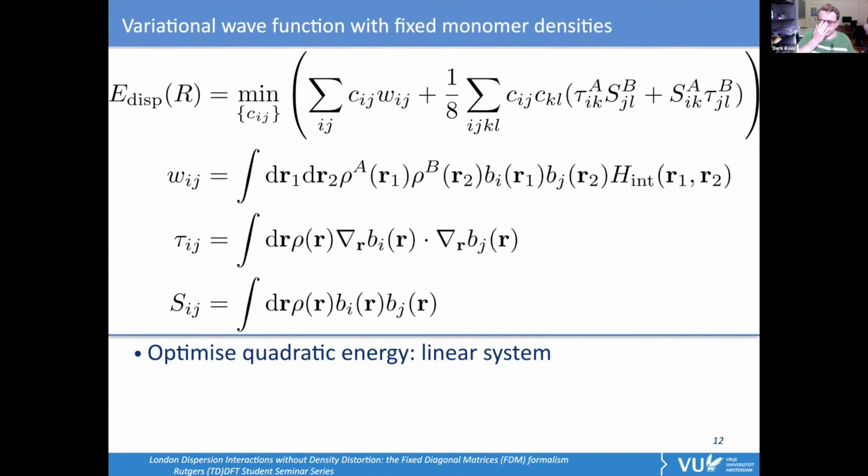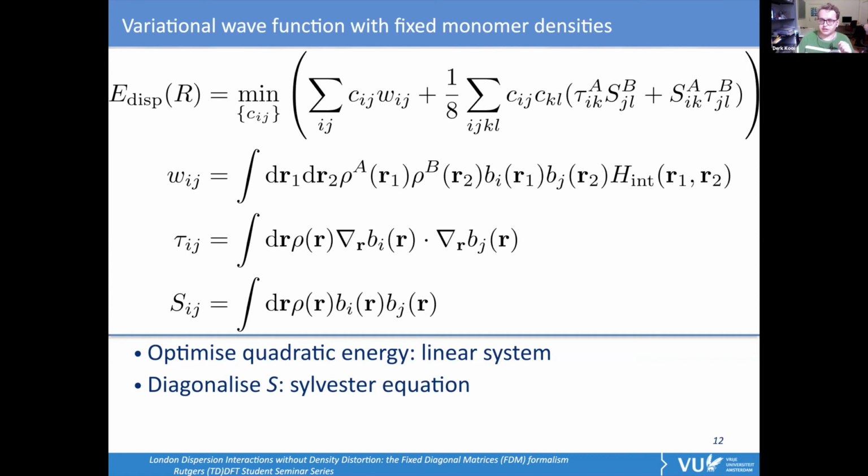Now you can optimize this, right? Because it's just a quadratic energy. So optimizing it leads to solving a linear system of equations. But we can do something a lot cheaper by, for example, diagonalizing S. So in this dispersal basis, we do an orthogonal transformation diagonalizing S. This leads to a minimization that becomes a so-called Sylvester equation,